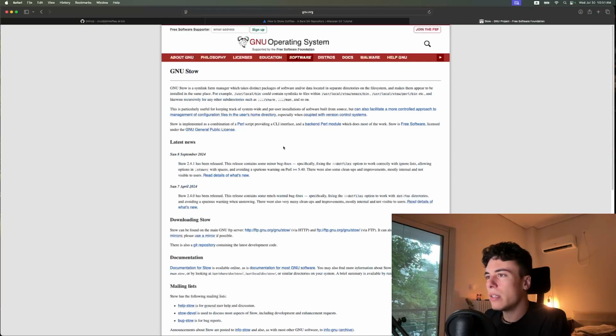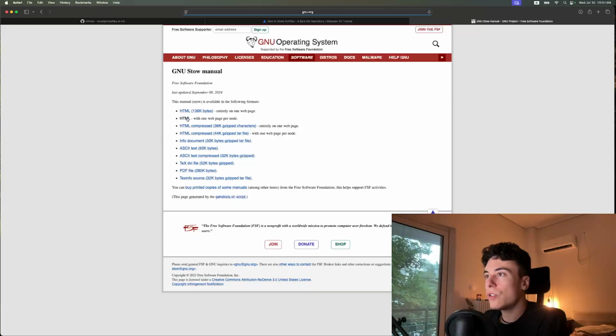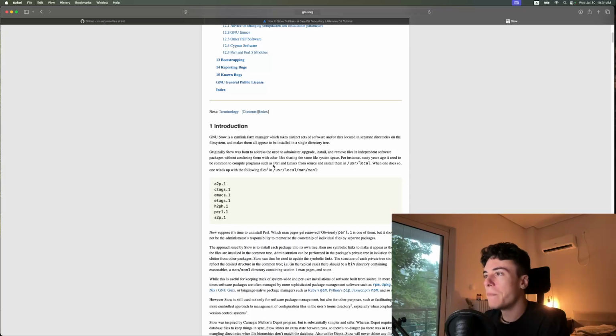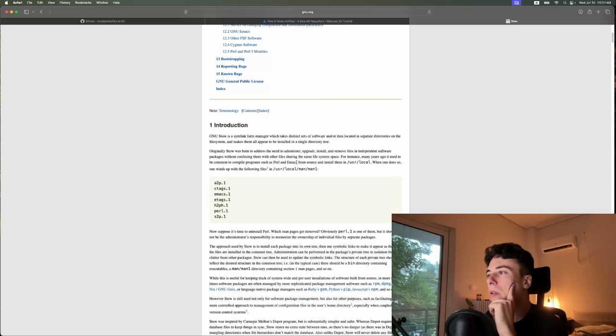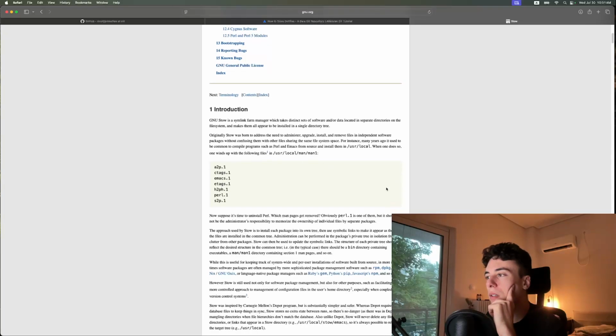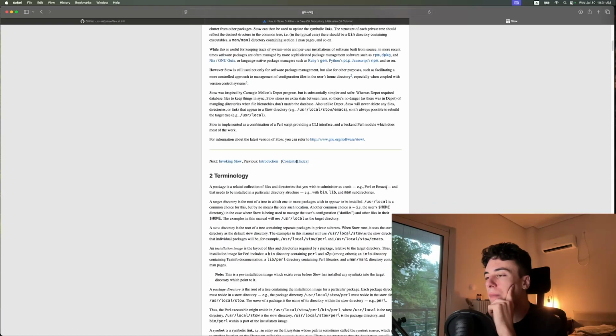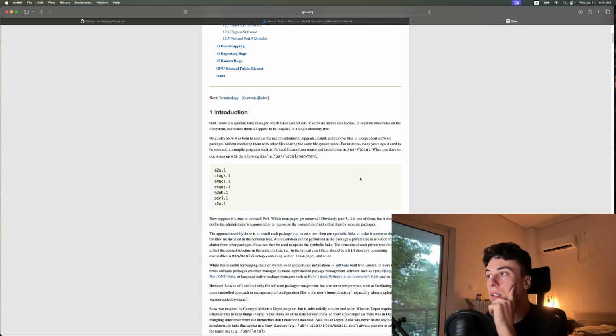So if I pull up the manual, sure. The motivation for Stow was that you could have wanted different versions of the same software installed, right? Or maybe what it says here,